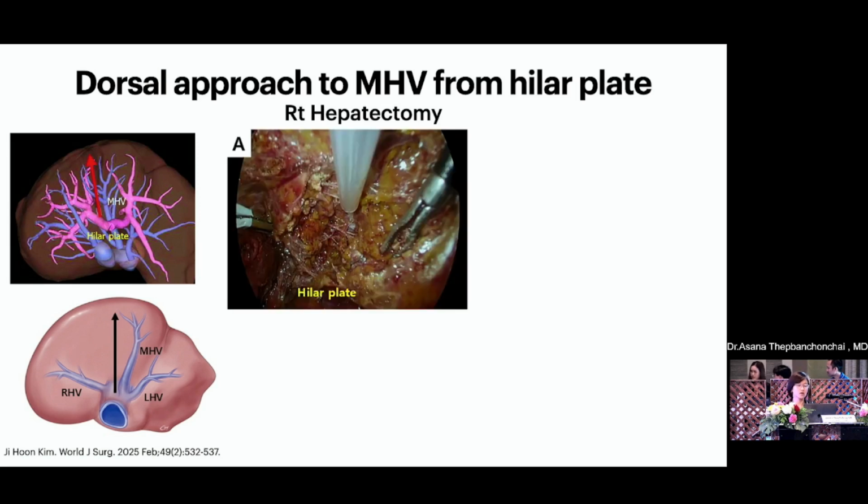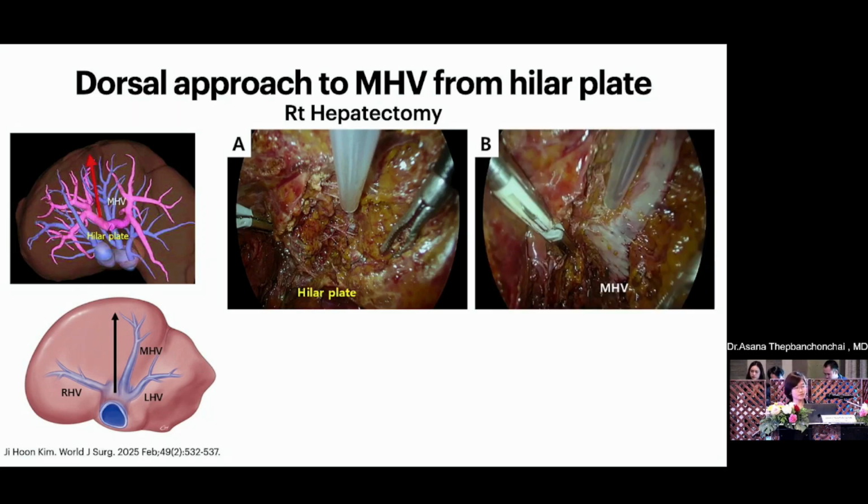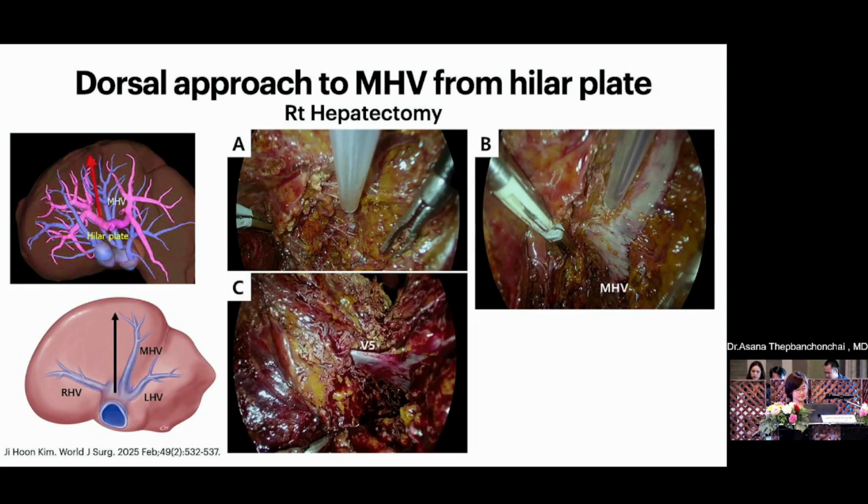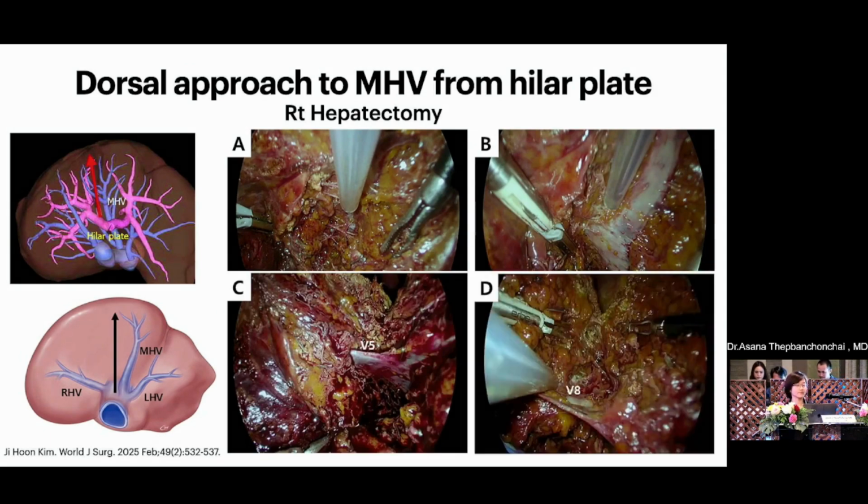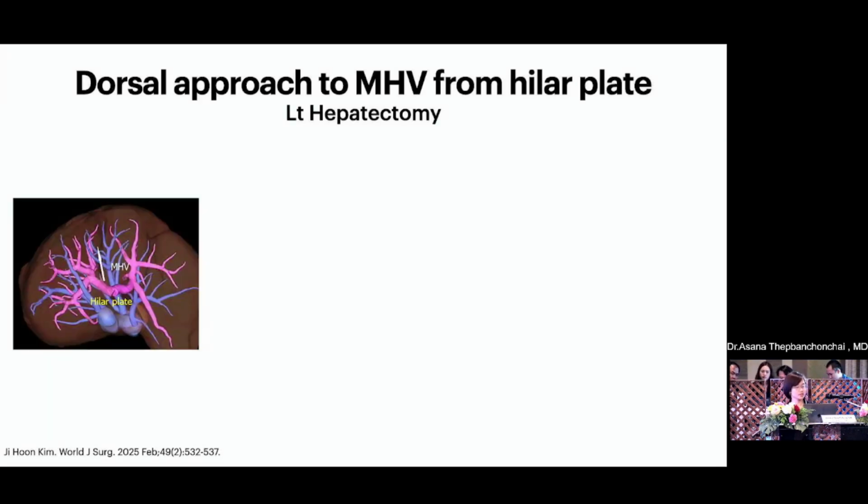After dividing the liver parenchyma along the midplane, or the demarcation line just above the hilar plate, the middle hepatic vein root could be easily identified. V5 and 8 were found and controlled thereafter. This approach could be applied in both right and left hepatectomy. For the left hepatectomy,